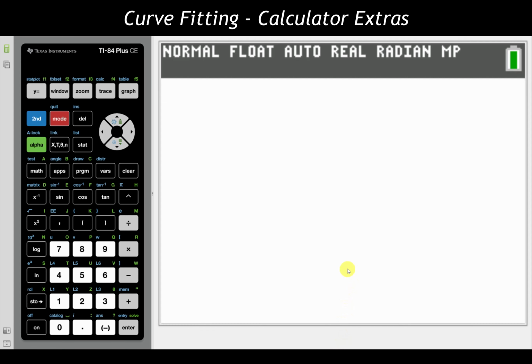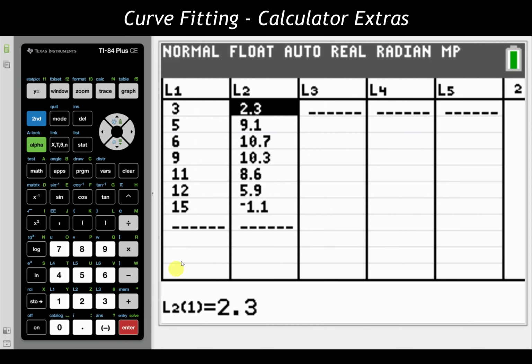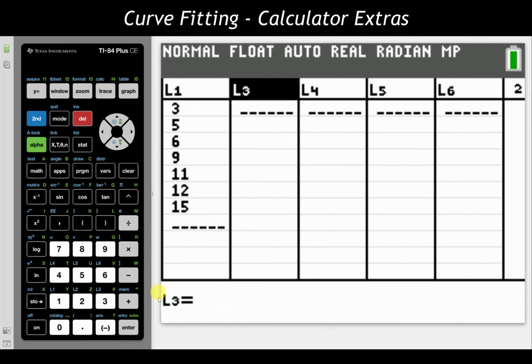The last part I do want to show, just because it does happen sometimes, and so therefore I want to get you the solution to get out of this if it does take place, is if we come in and we are editing our list of data, and maybe we accidentally go up and we delete an entire list. Now I have list 1, list 3, 4, 5, 6, but I've completely deleted list 2 and it's gone entirely. If this happens, one of the routes that you can take, and again, the best universal way that I have found to bring back list 2 is to reset the entire calculator.